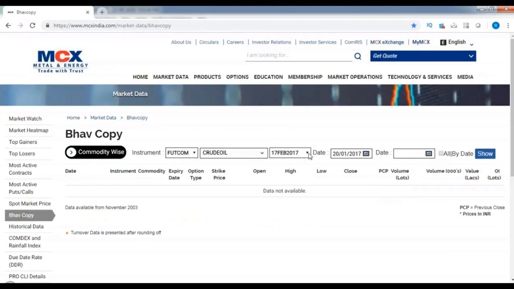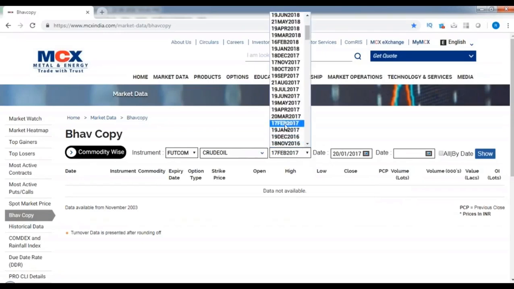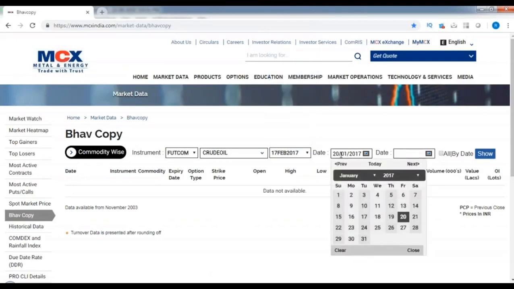See, prior to February, it was a 19th January contract, so it expired on 19th. So I'm picking up the data from 20th January 2017